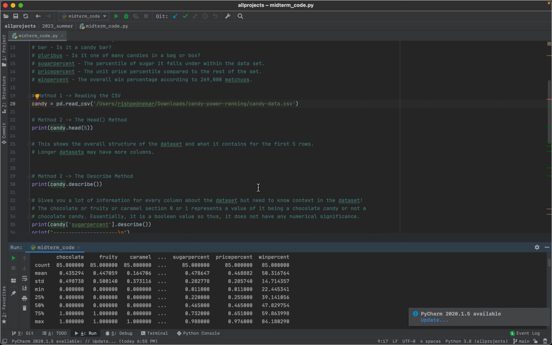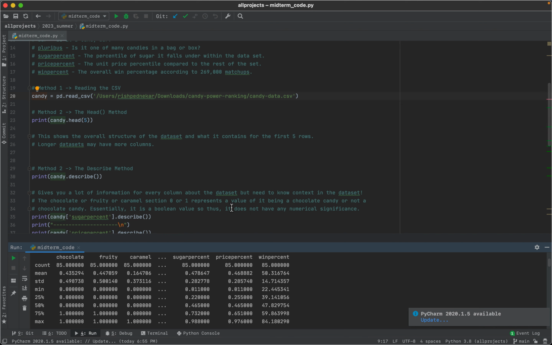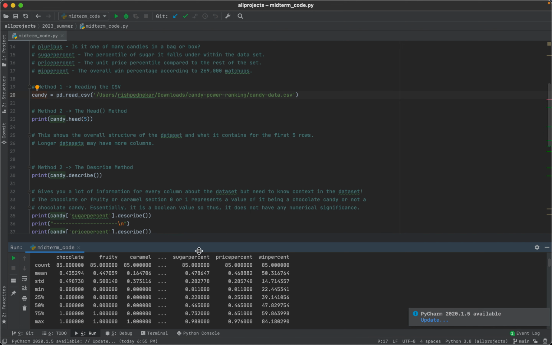So that's what I wrote here in this comment: you need to know the context in the data set. You need to know your data, right? This is why I always chose this data set, because you need to know your data in order to analyze it. You can't just say, oh, chocolate has a mean value of 0.43. What does that mean, right? It doesn't have any statistical value. Because I know that these type values are insignificant, the chocolate, fruity, or caramel,